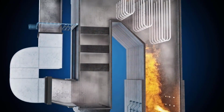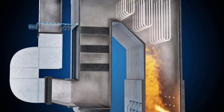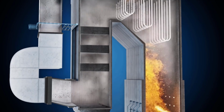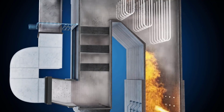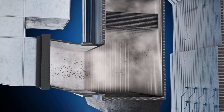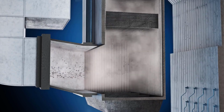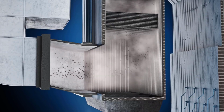While the heavier particles of ash fall to the bottom of the boiler, the hot flue gas containing finer particles of fly ash naturally flows up to the top of the boiler and around, down, and out through the backpass section. The last section of the boiler is the economizer. Because of the shape and the flue gas flow path, some of the fly ash falls out here into hoppers. This economizer ash is pulled by vacuum, mixed and sluiced with water to the ash booster station, where it is